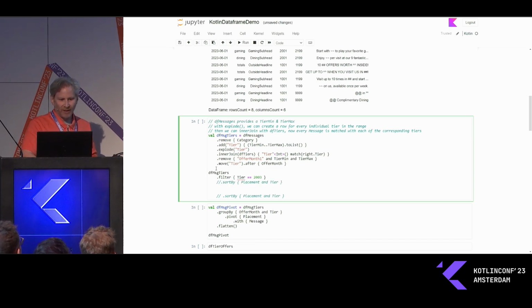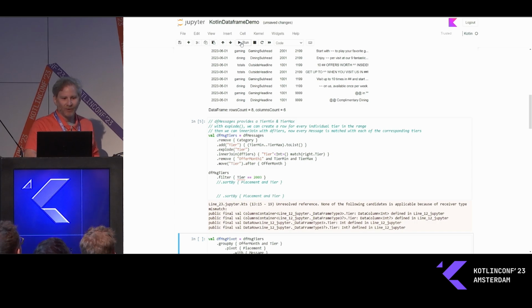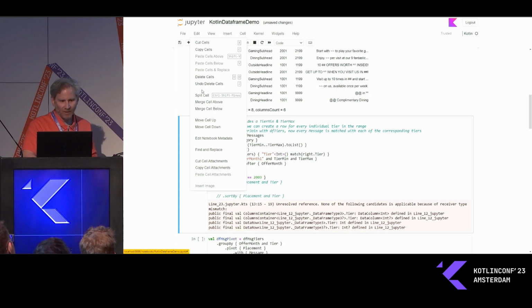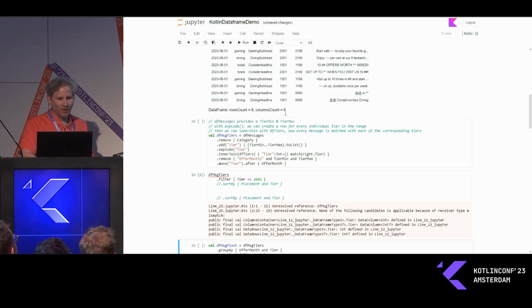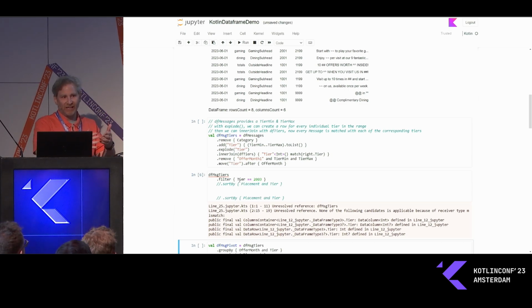What's cool, though, is if I run this, I'm going to get an error, right? But if I split the cell and run the top part, the kernel immediately, under the hood, reevaluates all your live data frames. Just by running that one code block, the tier column is now available to me without any quotes, and it's a known data type. So I can